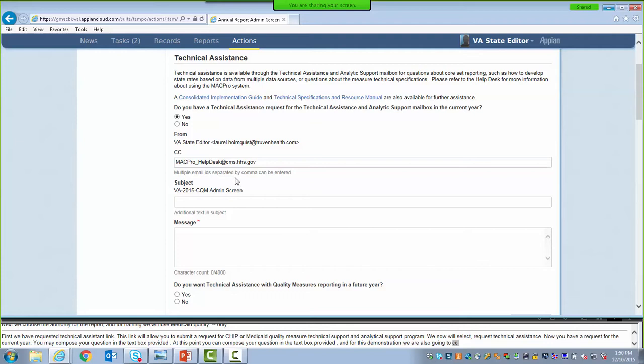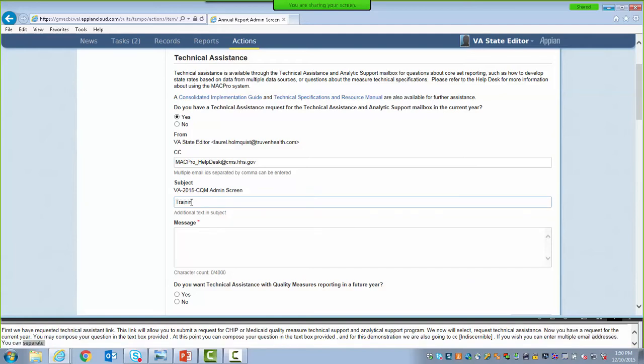If you wish, you may enter multiple email addresses into the CC field. You'll need to separate the email addresses using a comma like you would in Outlook or Gmail. Then in the subject line, we're going to enter Training TA Request. We're just putting this in as an example for training purposes, and you would treat this as a subject line